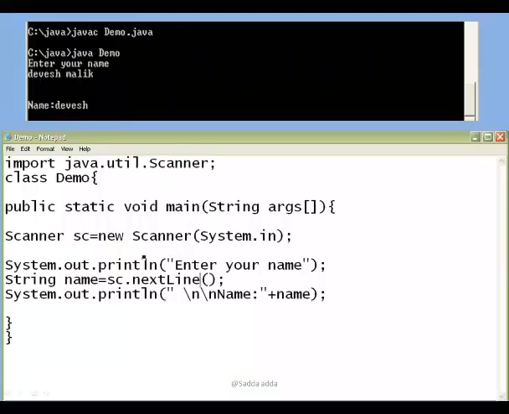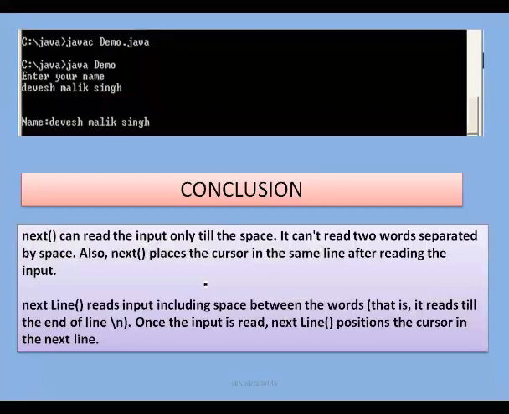But if I replace this function with nextLine in the previous program, the whole thing is the same. The only thing different is the function we are talking about, next and nextLine. Let's see the output. Now, what you are finding is that this is going to print the whole string, not only one token. So by looking at the output, by doing this experiment, we can conclude that next can read the input only